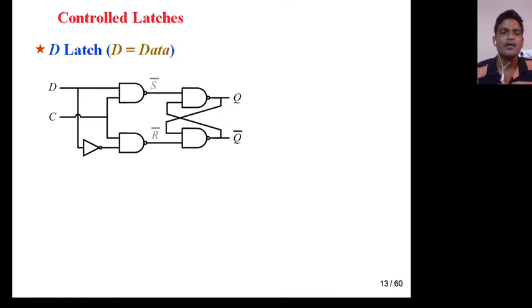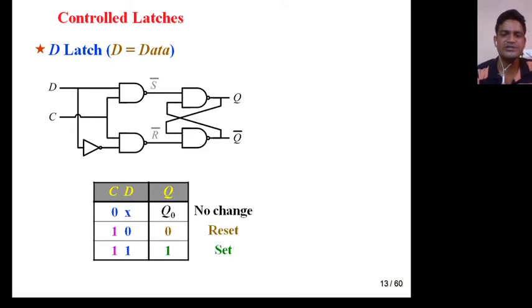Now you will get a stable output when one input is the complement of the other input. So for this I will use a NOT gate. D means data input. This is your SR flip-flop. Just use D as input. Now S equal to D and R equal to D bar. Here R is D bar, and S equal to D. This is your